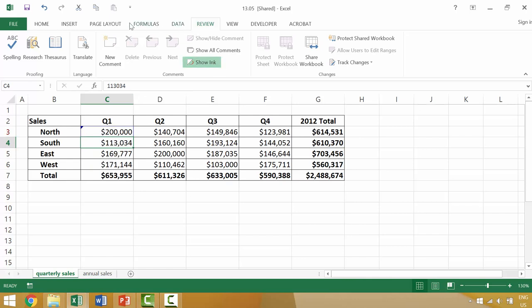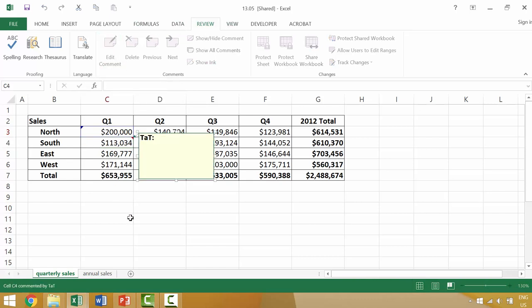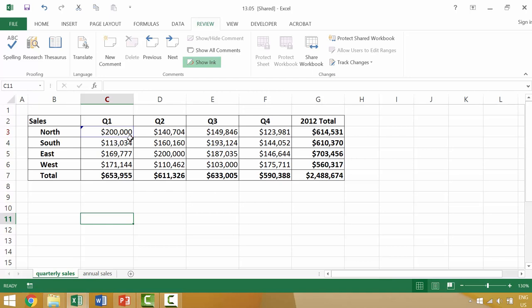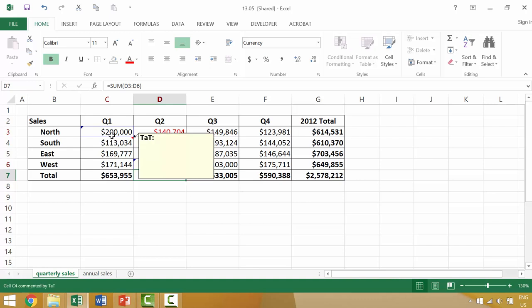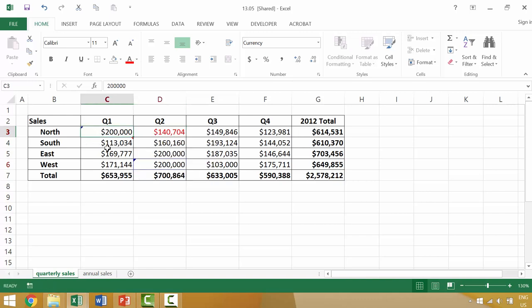So another change we could make would be to go to the review section and insert a comment. And then there is a little red box. So changes here are going to be things like changing the color or changing the value. And depending on your settings, it may not track the changes for just changing the formatting or adding a comment. But if you were to change the value here, 200,000, this change 200,000, maybe delete this,